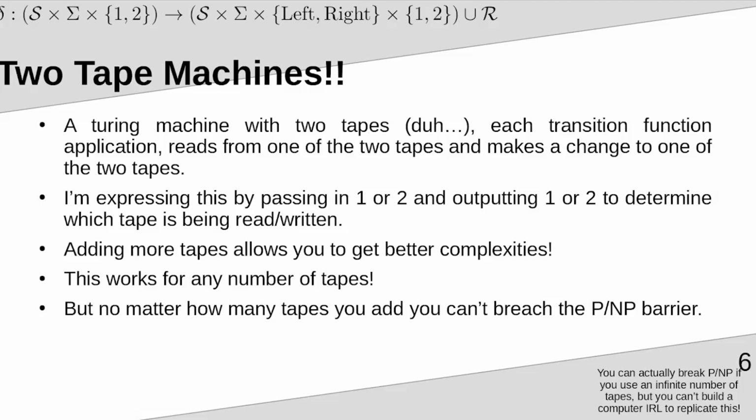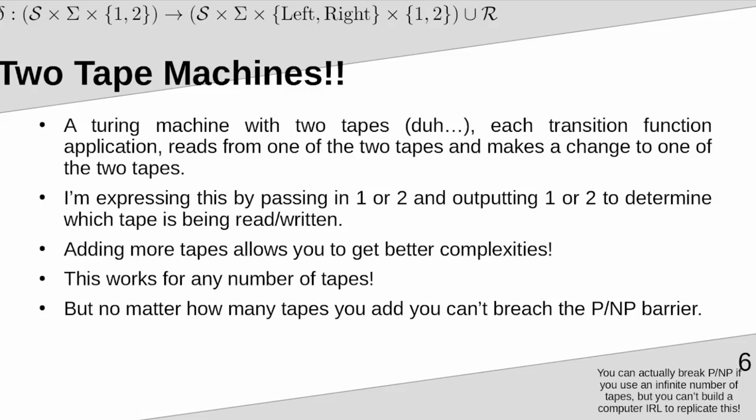A second tape would be really useful as a stack or a queue. You can use it to hold a bunch of different useful data structures. So this works for any number of tapes. You can add 50, 100, 150,000 tapes. And if you're smart with designing your algorithms, you can get ridiculously good